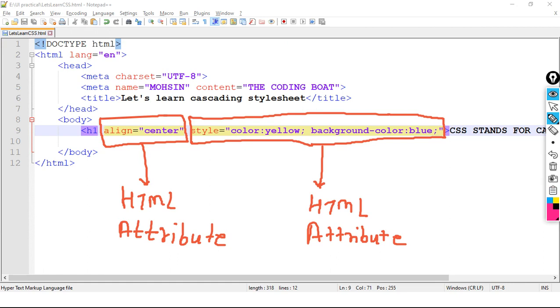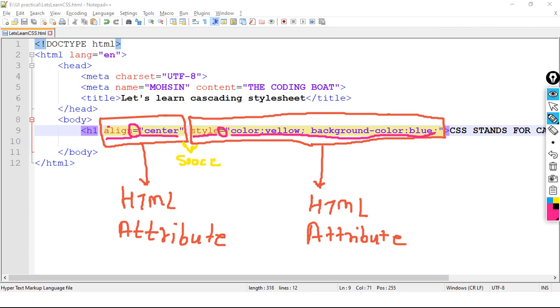See, here is the name of the attribute and we have an equal to sign, then we have its value in double quotes, then we have a space. After the space I have another HTML attribute, then the equal to symbol and its value in double quotes, correct.